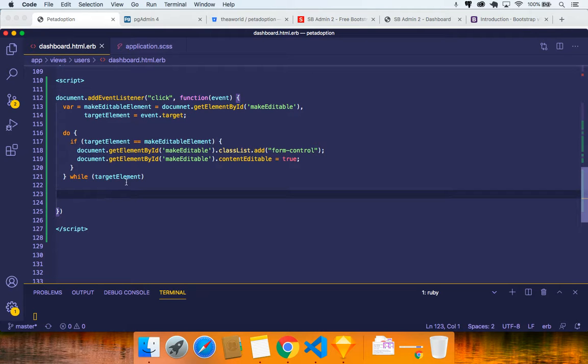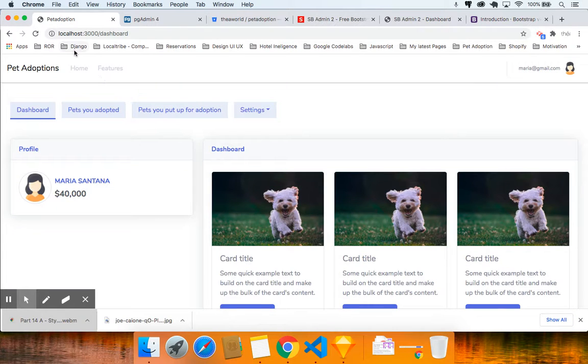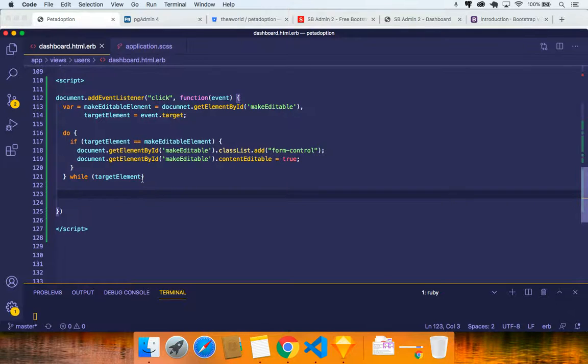And oh boy, this is a while loop. While, all right, let's just do, and then we need to remove it. Oh man, let's do a command save here. Come back here and refresh this. Let's see what happens. So this is the moment of truth. I'm going to click on Maria Santana, and nothing happens. Yeah, of course nothing happens, because we need to do